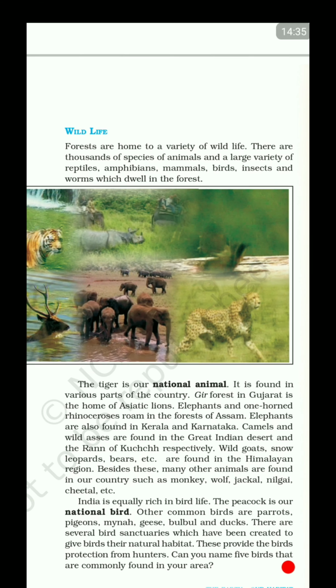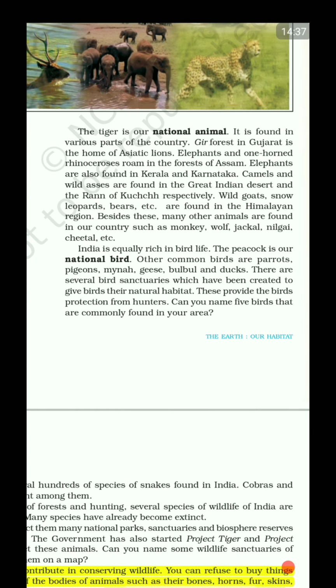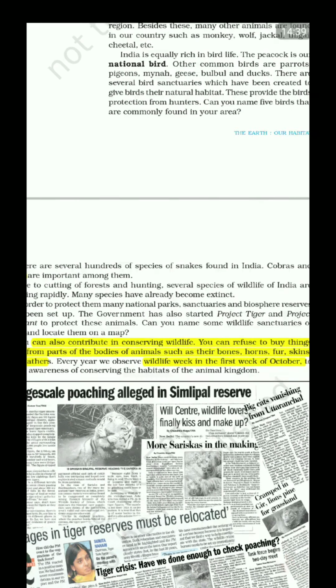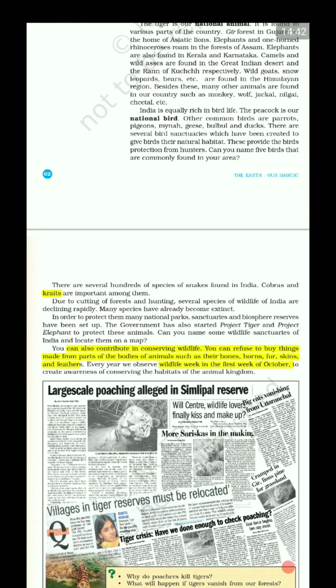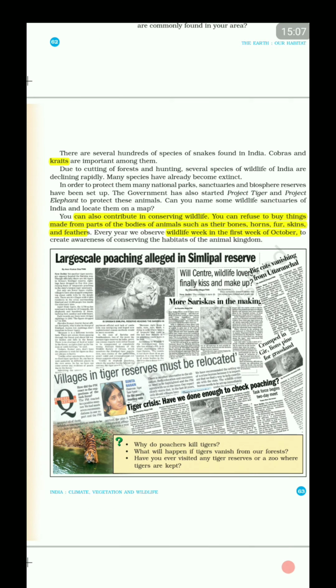Finally, wildlife. Tiger is the national animal, peacock is the national bird, hundreds of snakes, cobras and kraits are very famous. A new information we came to know that kraits are even 5 times more poisonous than cobras, right? How can we contribute in conserving wildlife? Not purchasing things made of feathers, skins, fur, horns, bones, etc. Every year, Wildlife Week is celebrated in the first week of October to create awareness of conserving habitats in